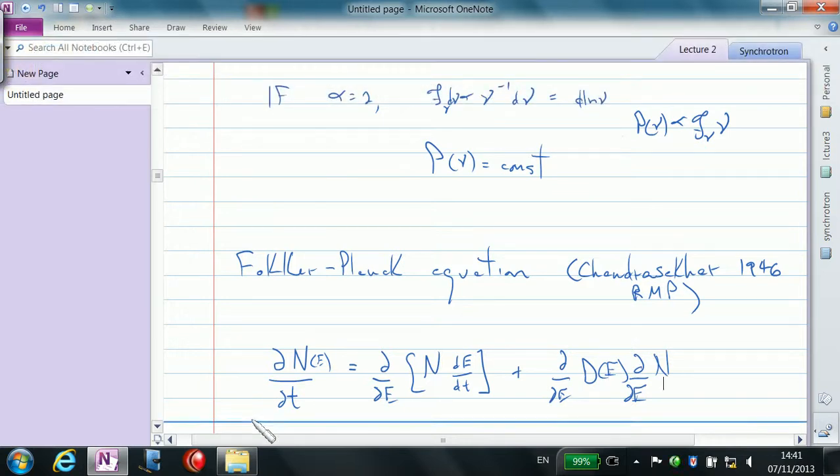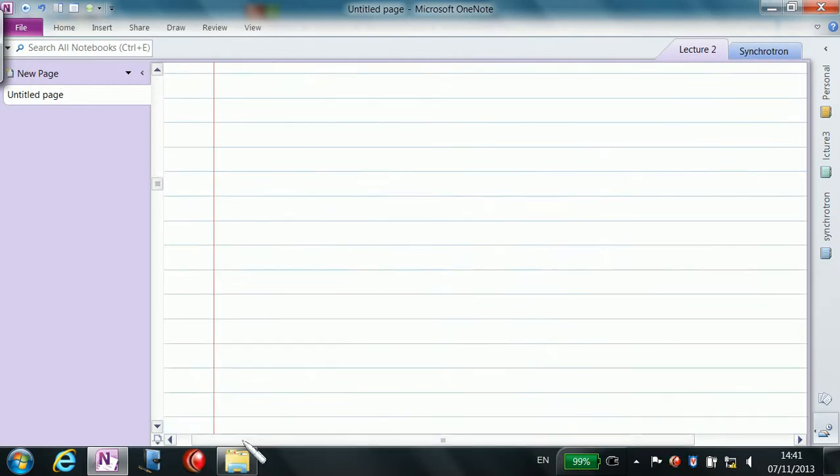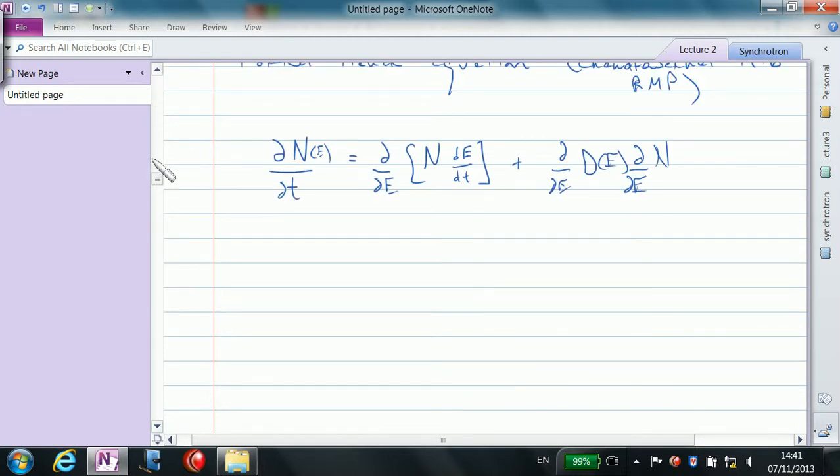What is this? It's the diffusion coefficient in energy. So we don't even have to use this term for what we're doing. I mean, you can even write a term minus Rn, which is the escape rate. So if you really want to be technical, you can write an injection term, which is just